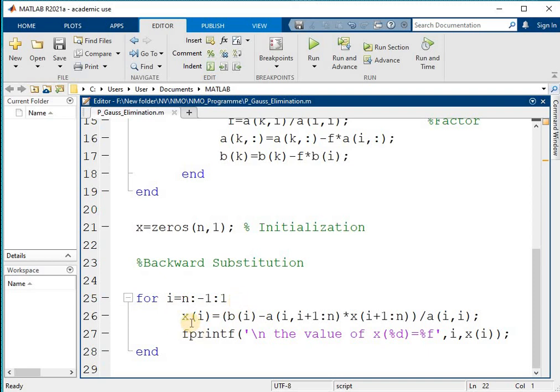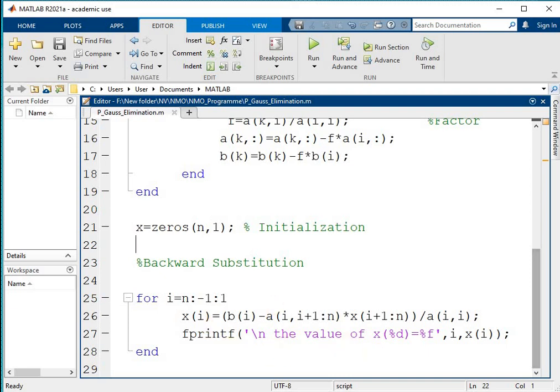Then we are calculating the x value. So x of I is equal to, in bracket, b of I minus a of I comma I plus 1 to n into x of I plus 1 to n, bracket complete, and the whole will be divided by a I comma I, and then we are printing the values of x.